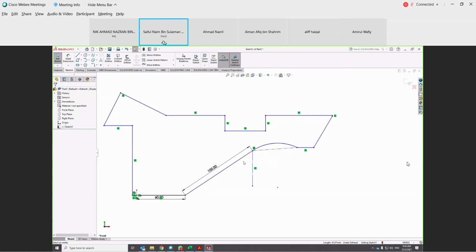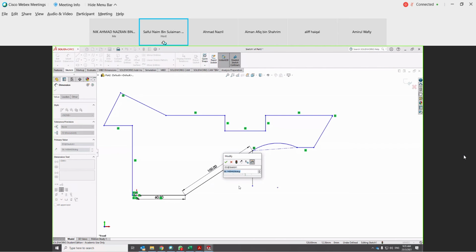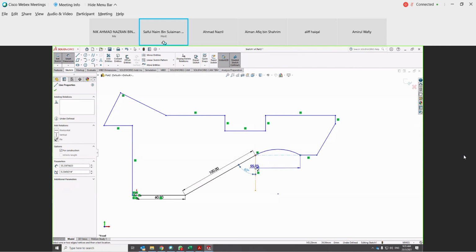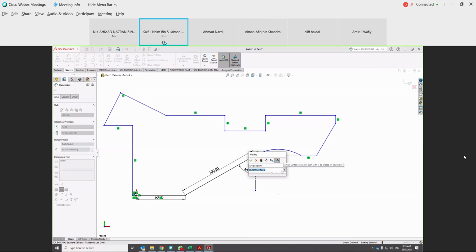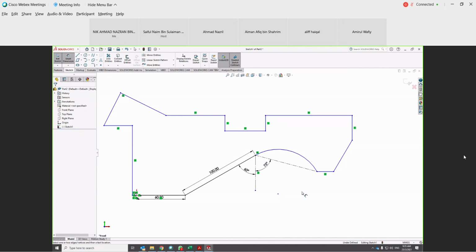Okay, now we can measure the angles. So we go back to smart dimension and we click this line and then click the reference line. So automatically SolidWorks will change as a angle measurement. This one should be 60 degree. And then you have another angle, which is this one and this line. Okay, so this one should be 75 degree. Okay. So far,